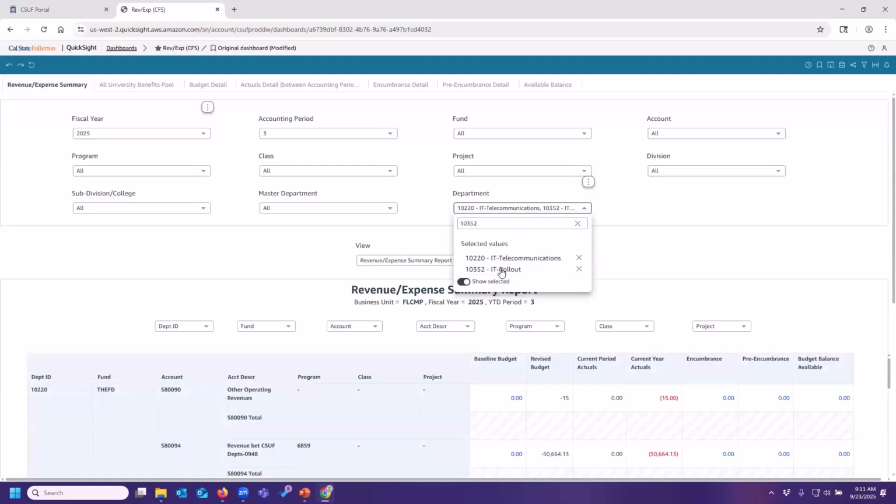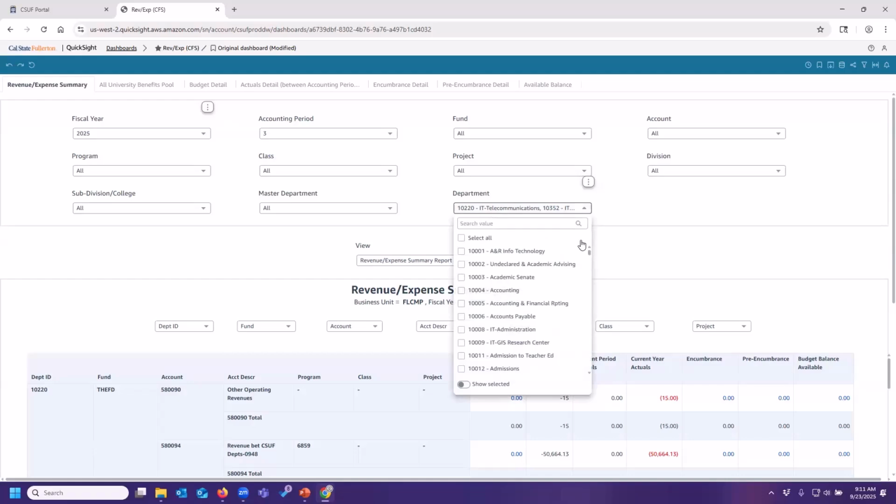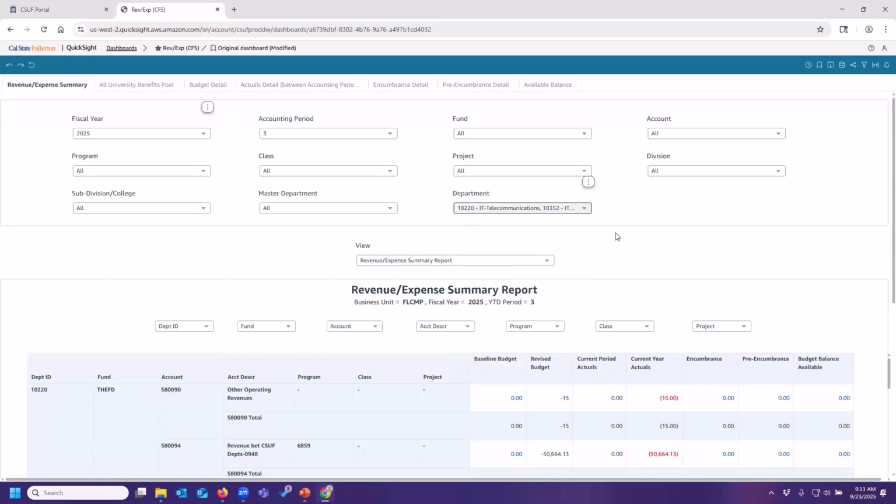So if I choose to show selected, that reminds me, here are all the ones that I have selected. Sometimes you can see it very easily up here in the filter box itself. But if you select a lot of options, you want to come here to show selected to double check that you selected the right ones. And of course, you can click the X to remove one very easily. So that's one way of selecting filters. This is more of a show me the options that I do want on this report, as opposed to an exclude, which is I want to see everything except certain things.